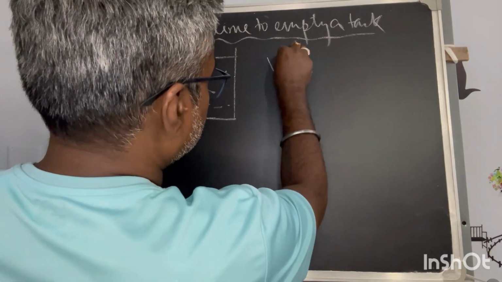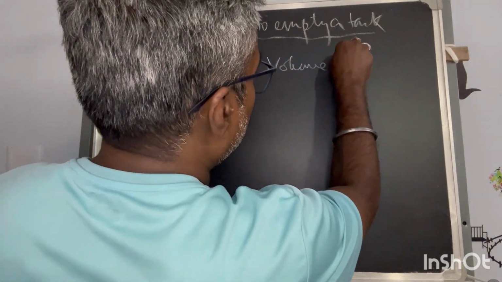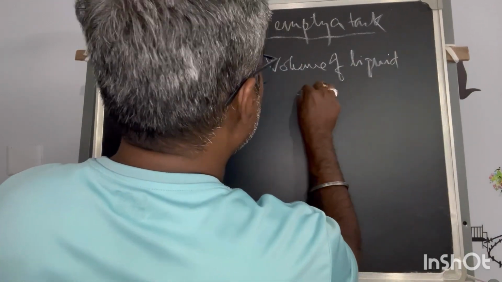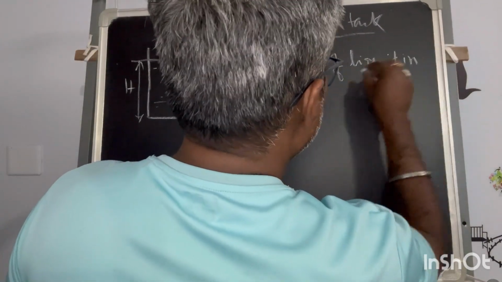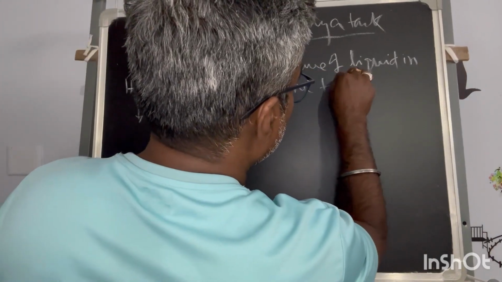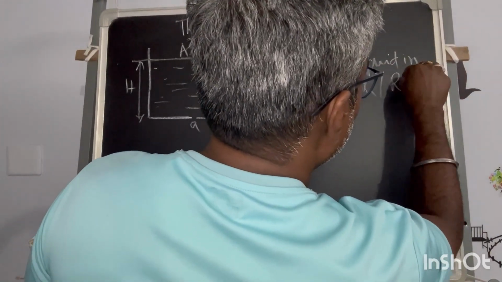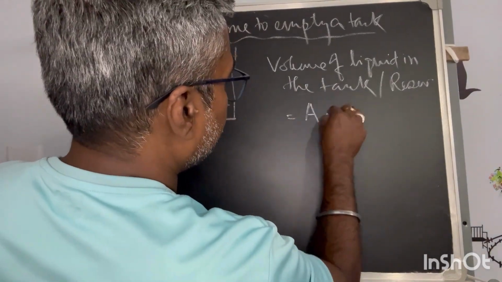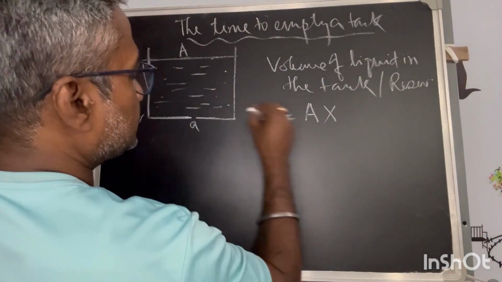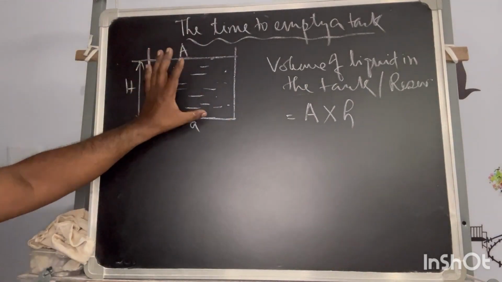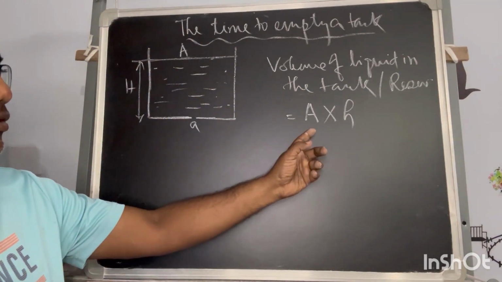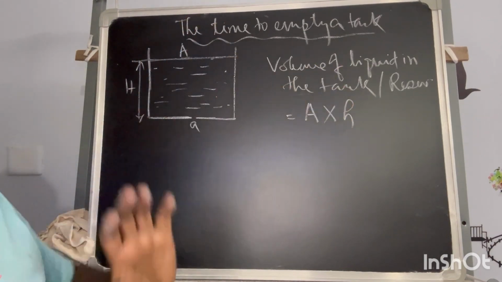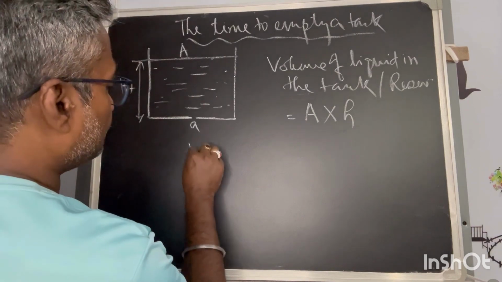So volume of liquid in the tank, or the reservoir, whatever you say, is equal to the cross section A into the height, whatever be the shape. We can assume this is a cylindrical one, the cross section into height. If we multiply the cross section with the height, we will get the complete volume, and the volume